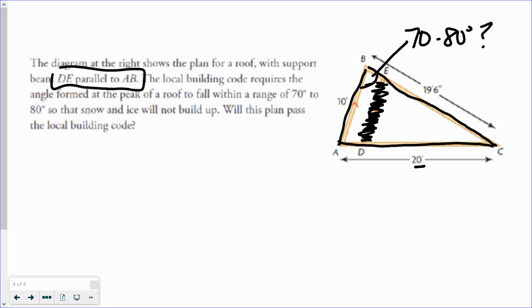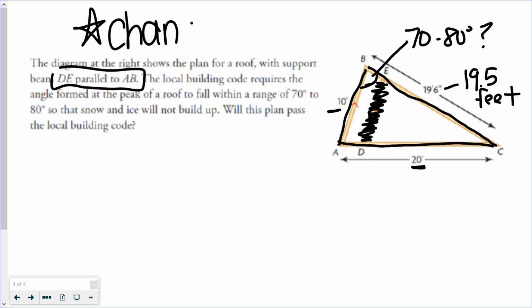So this one is 20 feet across here. This one is 10 feet. This one is saying 19 feet 6 inches. What that actually is, is 19.5 feet. So there are 12 inches in a foot, so 6 out of 12 is a half, or 19.5. So that's another reason that this question kind of irks me. I'll write a little star. Change the Q. But I guess the important part is extracting the right pieces of information